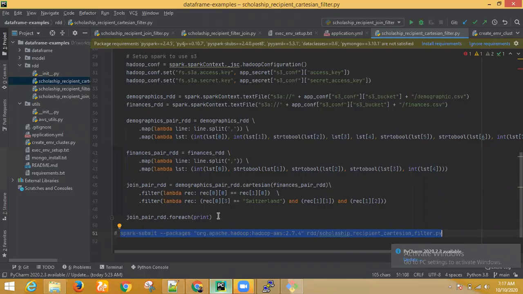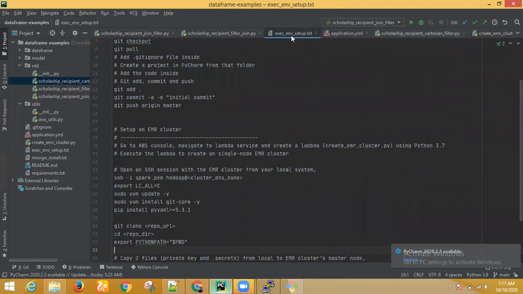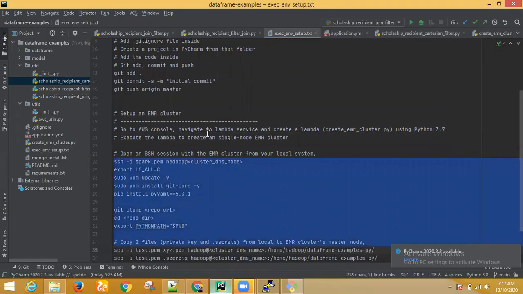So here one more small point. Here I have all the configuration. If I want to try it again from the beginning, what should I do? You only have to go to the execution environment and follow the setup EMR part. The rest of the things are all done for you.